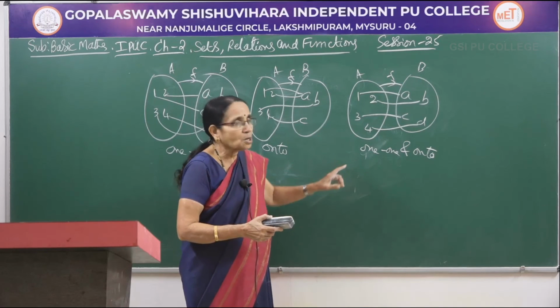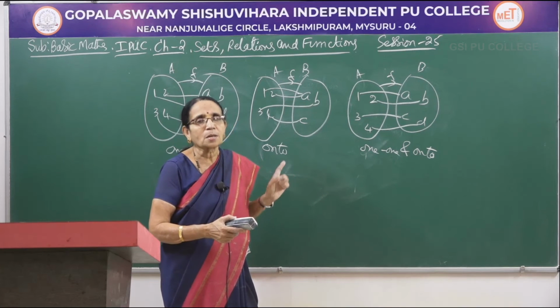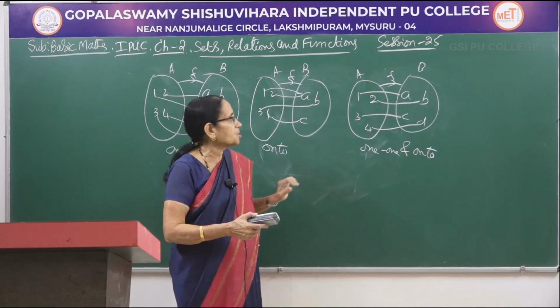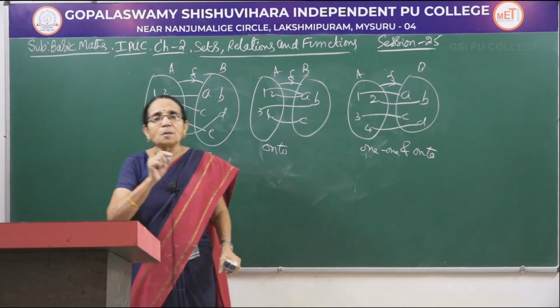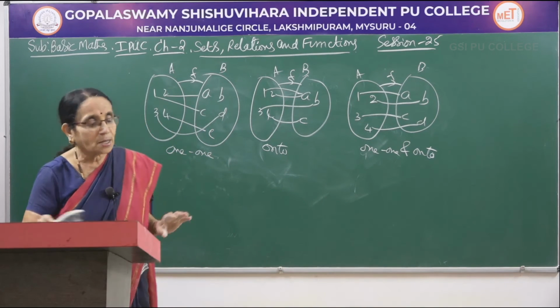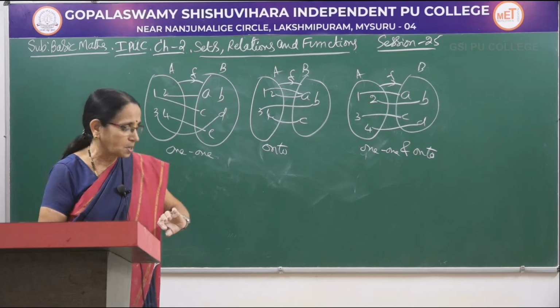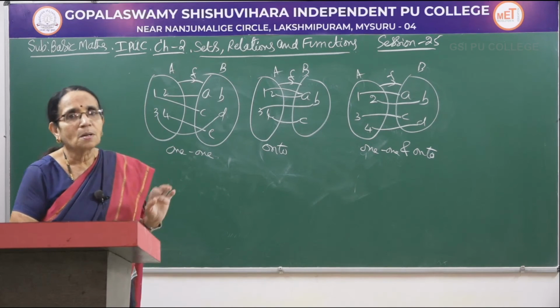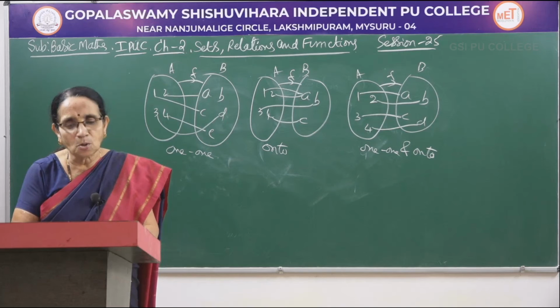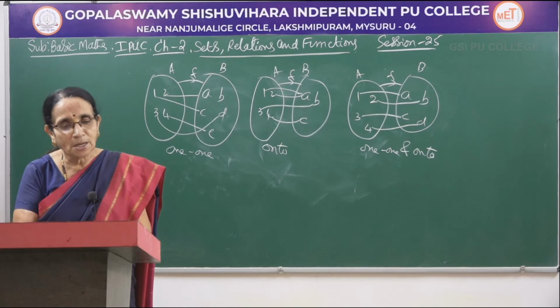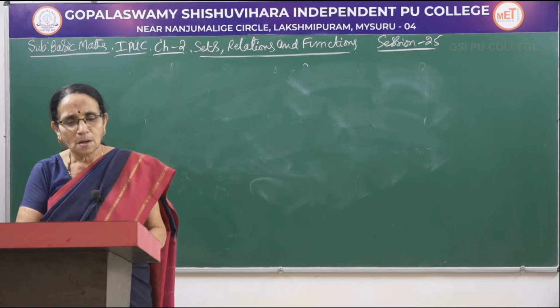So for the function to be both 1, 1 and onto, or in other words to be a bijective function, the same number of elements would be present in both the sets. Then only it can become bijective. So 1, 1, this one onto, and that is 1, 1 and onto, which is known as the bijective function. Now